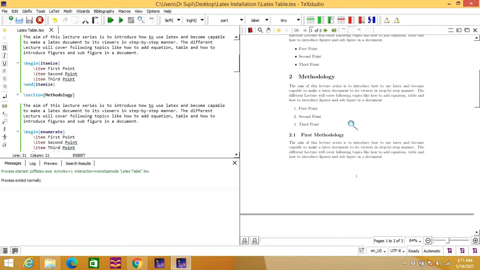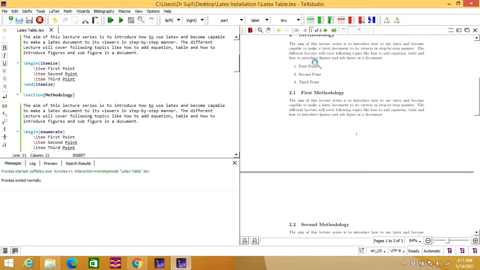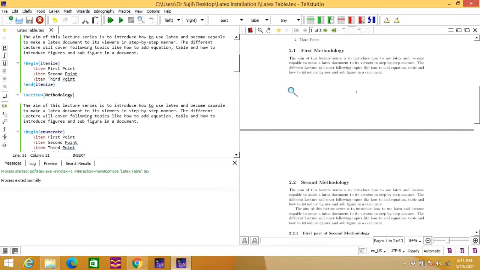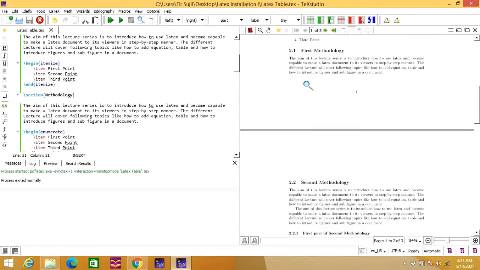Now let us see if someone needs to change this numbering. Instead of 1 2 3 we need to use Roman numerals I II III. Let us see how we can do that.